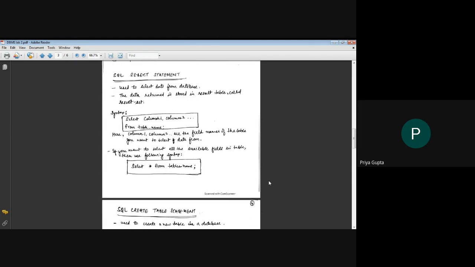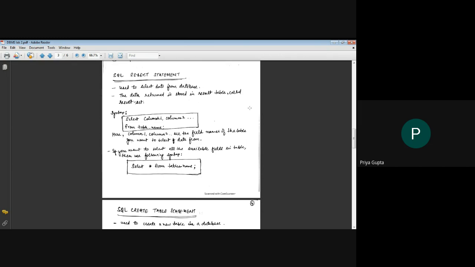It is used to select data from the database. The data returned is stored in a result table called the result set. The syntax is: we write SELECT, then the names of the columns whose records we want to see, and then the name of the table using the keyword FROM.